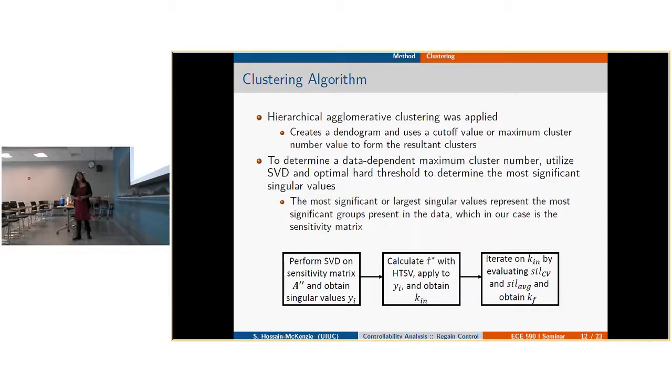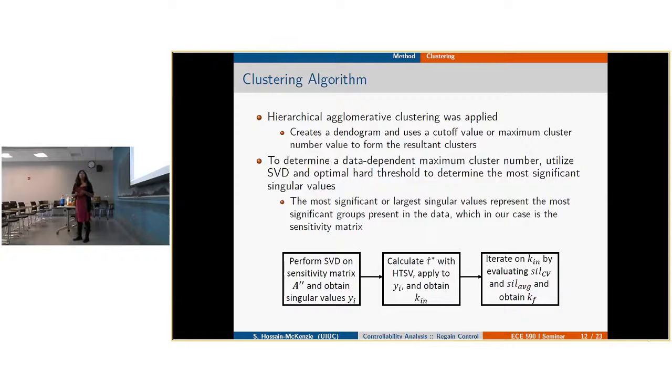And so once we have that distance matrix, we clustered them using hierarchical agglomerative clustering. For that, it creates a cluster tree, or dendrogram. And so you either specify a cutoff value, or you specify a maximum cluster number to form the resultant clusters. And so we use the maximum cluster number, and to determine a data-dependent maximum cluster number, because we want the most highly coupled lines to be